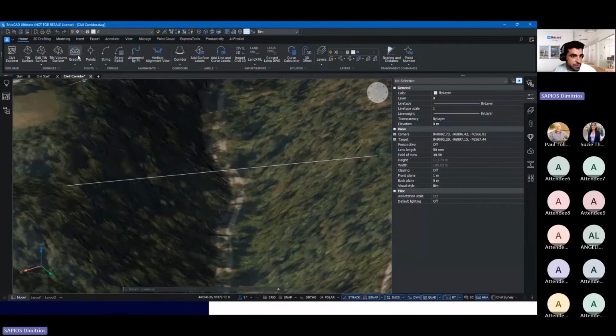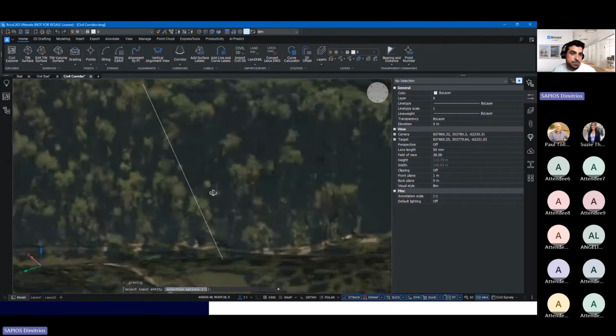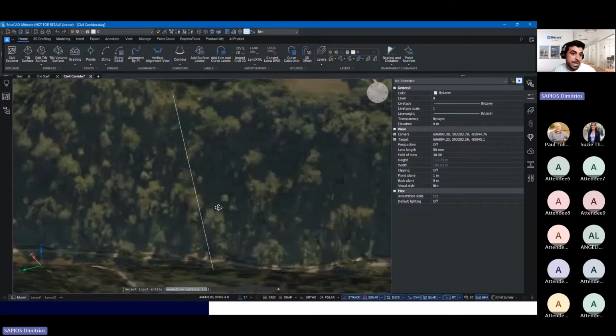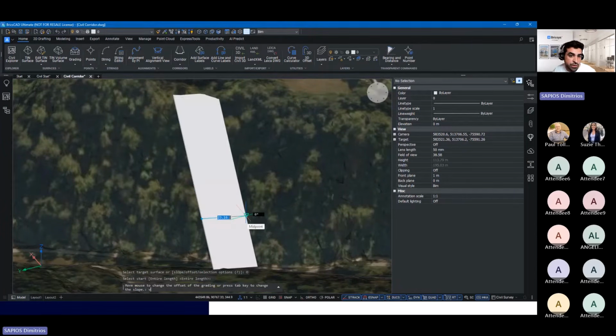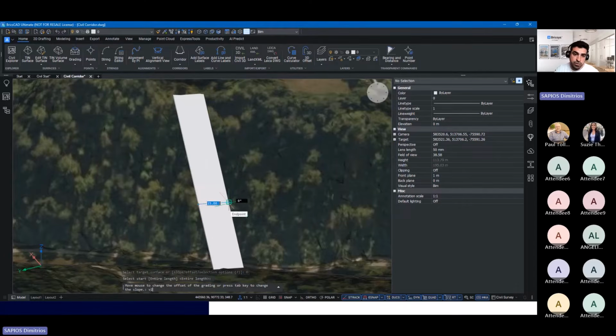By using the same command, grading, we will use this polyline as an input entity for the dam. I will select it. I will do an offset in this case because I want to create a road on top of that. I will use the entire length, and I want it to be 2 meters wide